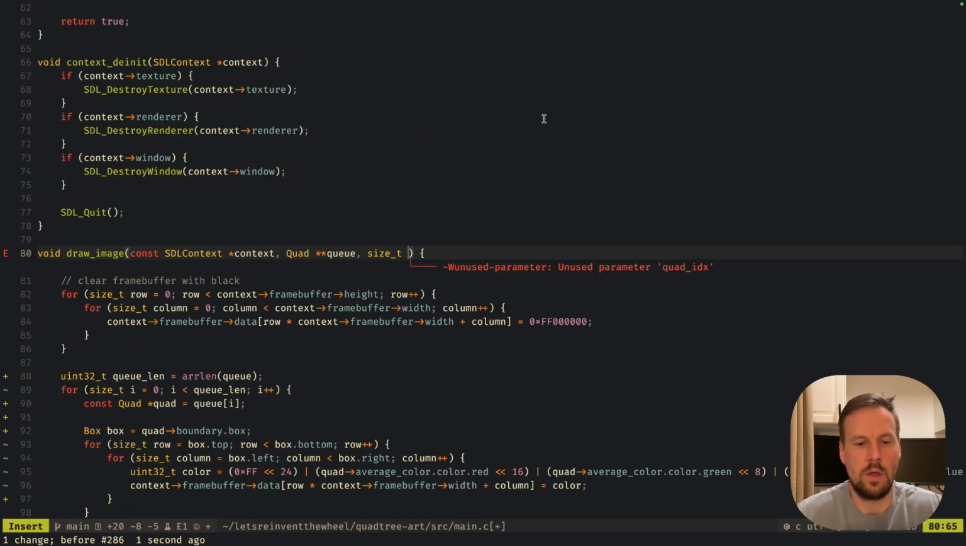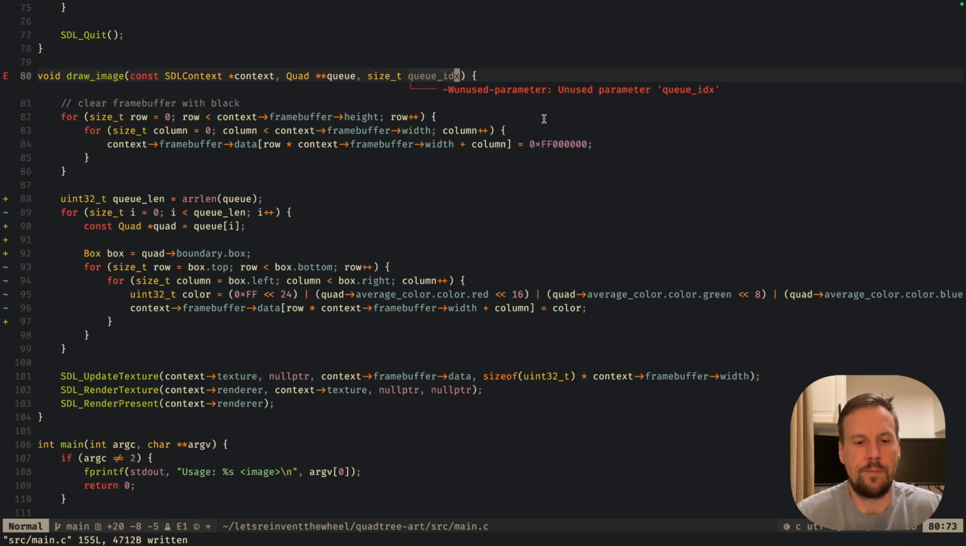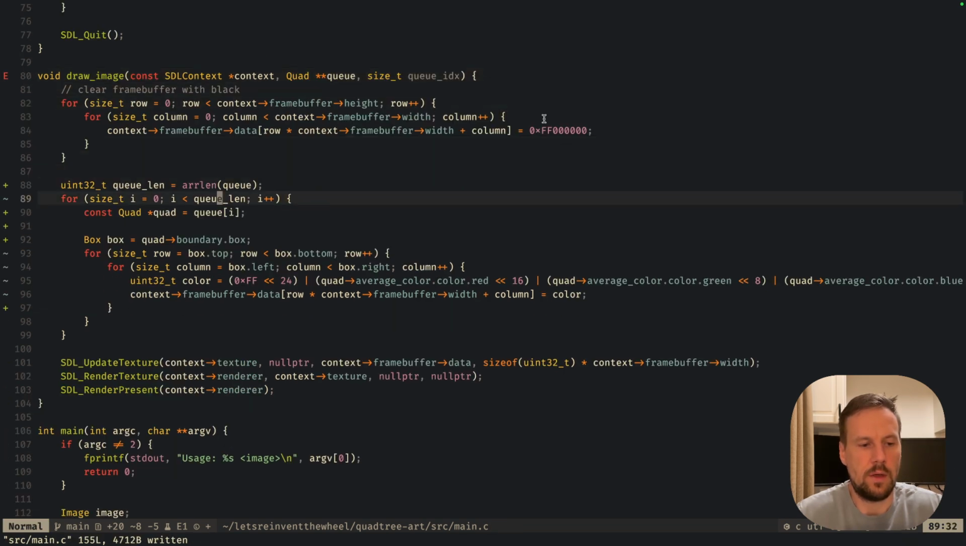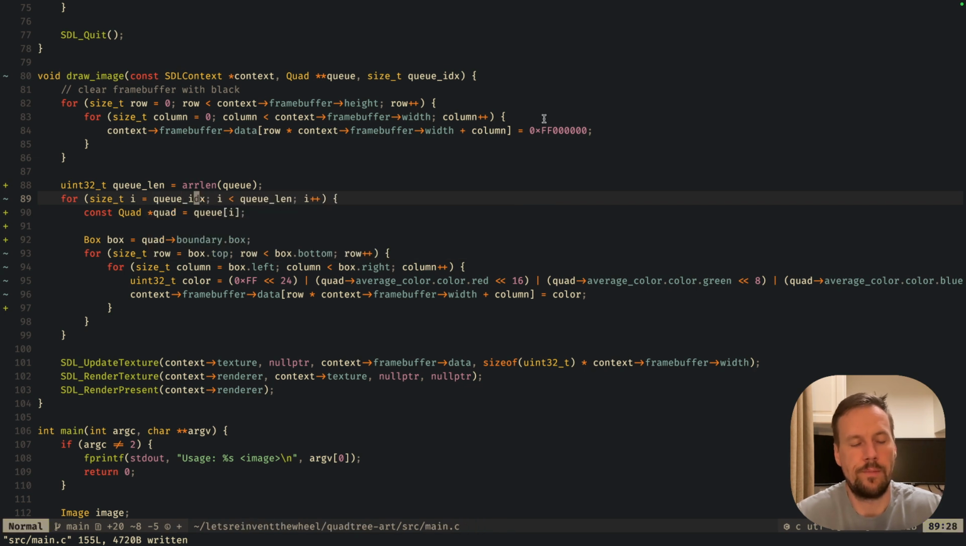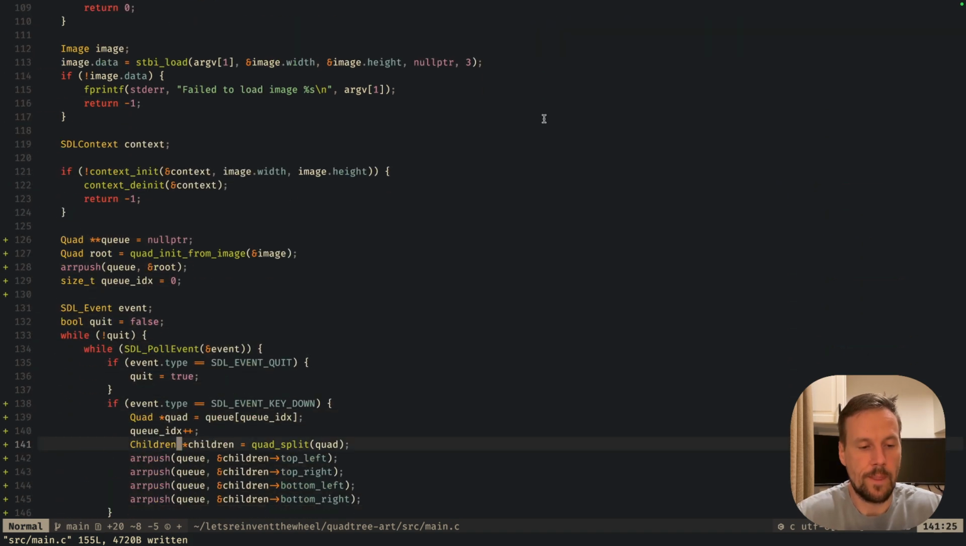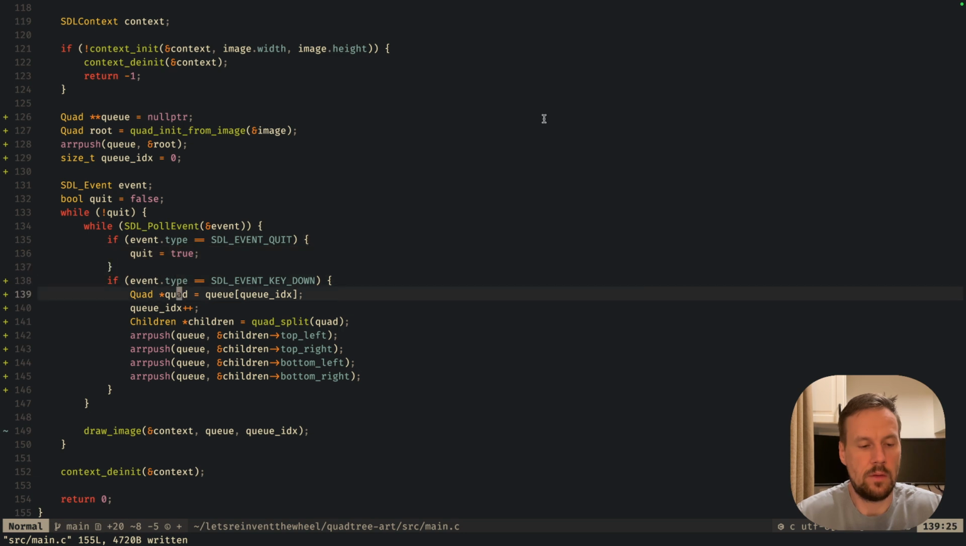This is queue index, and instead of starting with 0, we will start with queue index. So queue index represents a point in this queue or in this array, which points to the quads that haven't been split yet. And once I press a button, we pick the next quad, we split it, we make sure that we point to the next quad in the queue. We push all the children,